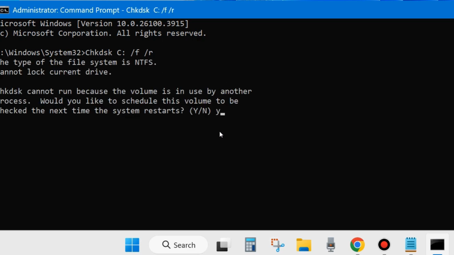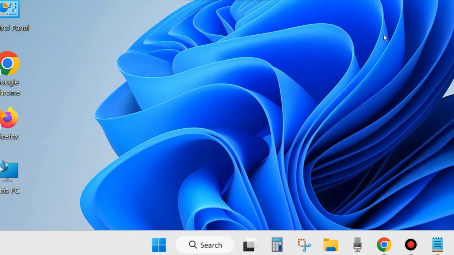Check the next time the system restarts. Choose type Y and press enter. Your computer will restart and the scanning process will start. So after that, restart your system and your problem